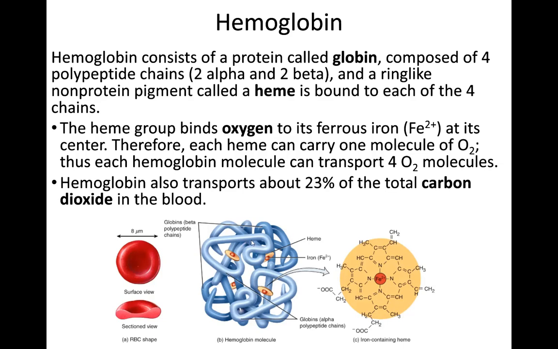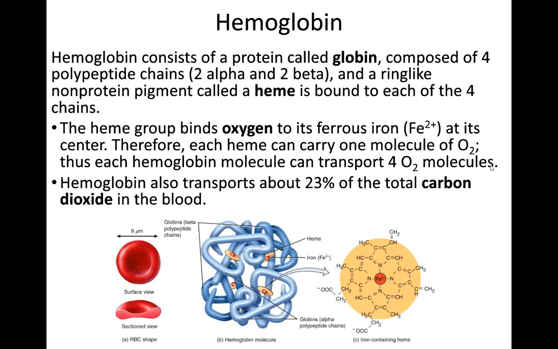Each of those things that to me always looks like a flying saucer or a UFO is an iron-containing heme, like we show here in Figure C. We describe it as containing iron because at the center of it is a ferrous iron, Fe2+, which is very important because this is where 1 molecule of oxygen can bind. And therefore, since there are 4 of these per hemoglobin, that means 1 molecule of hemoglobin can transport 4